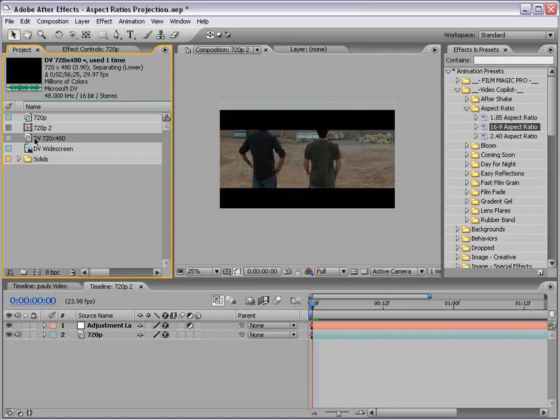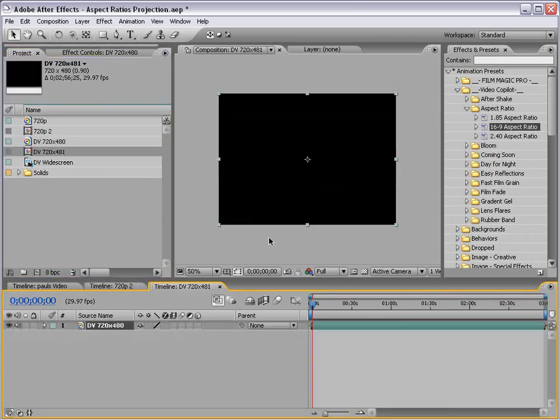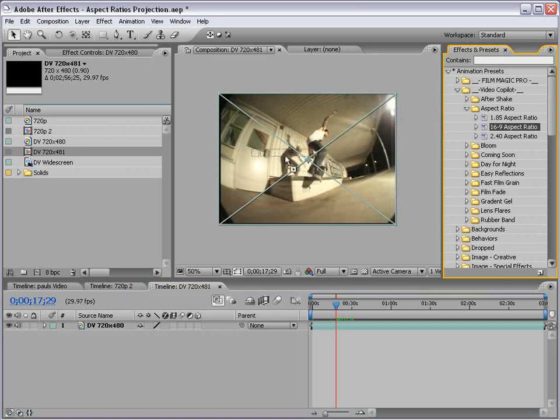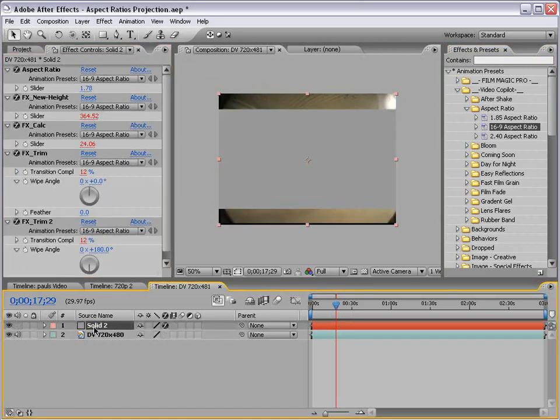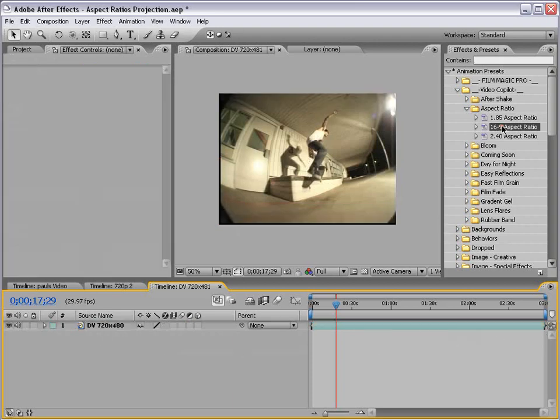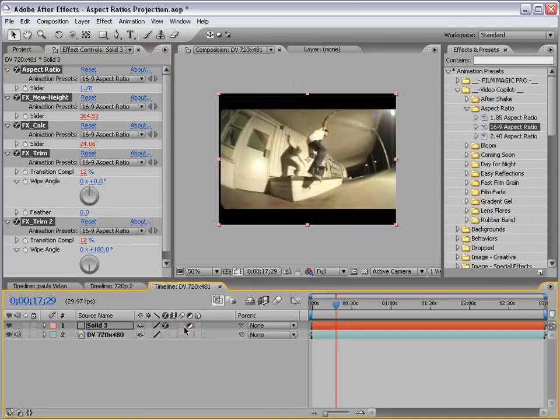Also, it works with other types of footage. So here we have DV 720 by 480, and you can see the pixel aspect ratio is 0.9. I'll drag that into a new comp. Another fast way to apply the preset is to just drag it out, not onto the layer, but just on the outside of the comp area, and it creates a new solid. And then you just click on the adjustment layer switch, and that way it's just like creating a new adjustment layer, but you don't have to actually do it. So real quick, drag it into the blank area, turn on the adjustment layer switch,